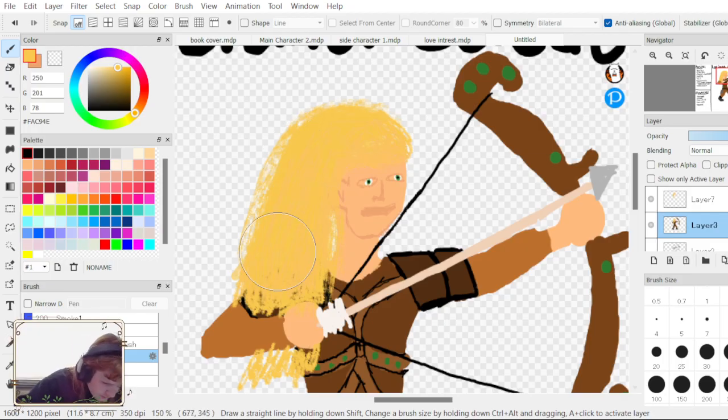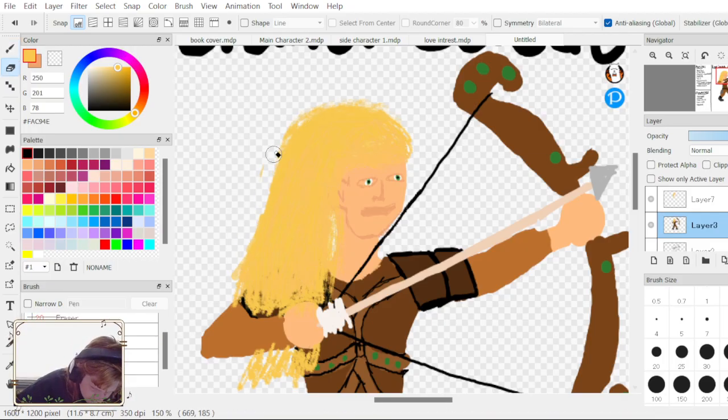Actually did really well for hair, though it needs a little shaping.